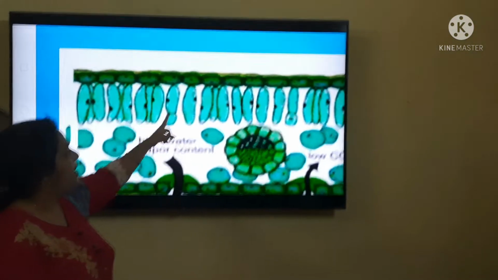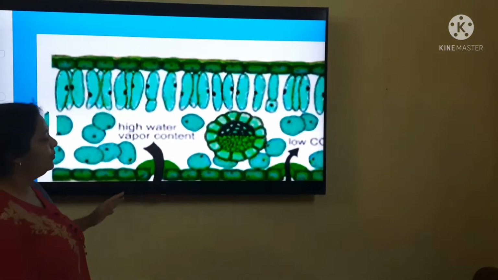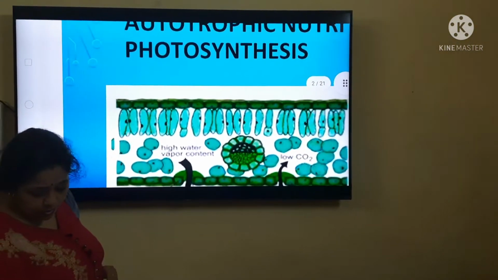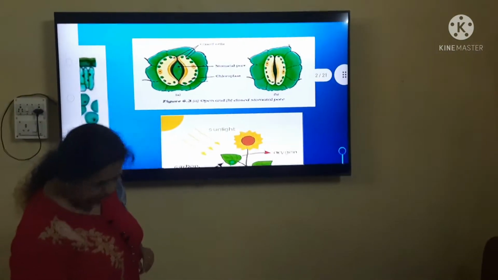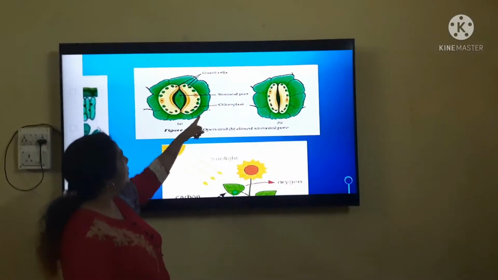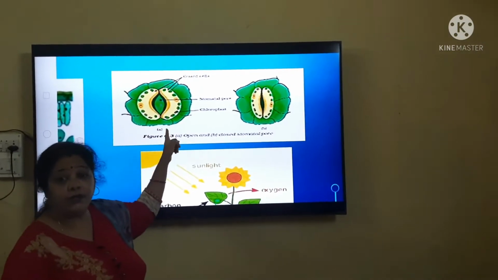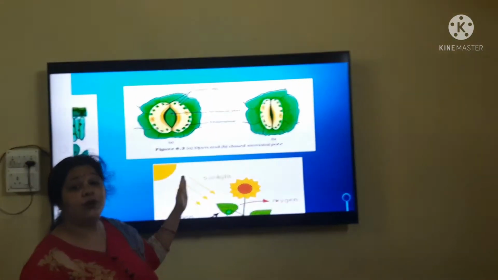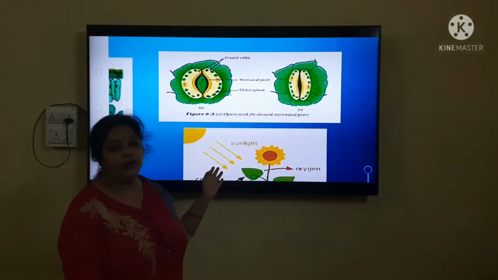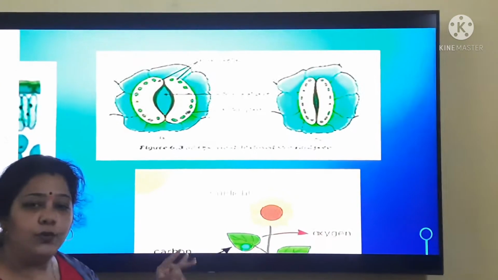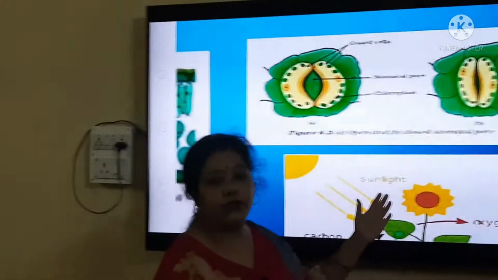And these cells are having the chloroplast where chlorophyll is present, and then they perform the process of photosynthesis. So this is what is in the plants. Then we have the structure of the stomata here. This is the kidney shaped cell. The structure of the stomata is there in your practicals also. Whenever there will be physical school, we will first of all go with the practical of this also.